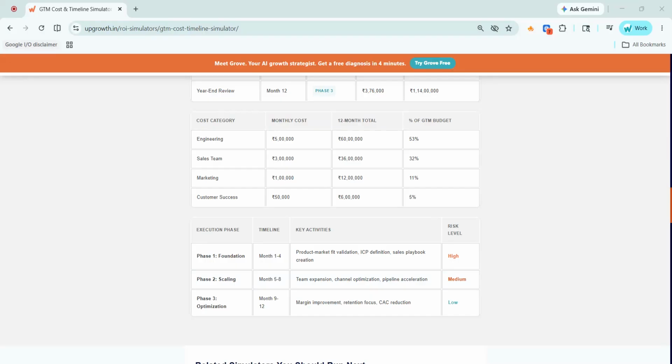Go-to-market is where most startups quietly bleed cash. Engineering and sales costs ramp up fast, revenue lags by months or years, and founders without this view in front of them end up making hiring and pricing calls after the bank account has already shrunk. This simulator puts the full picture on one screen, so you spot the gap between your launch cost and your projected revenue before you commit to a team, a market, or a price point that does not pay back.